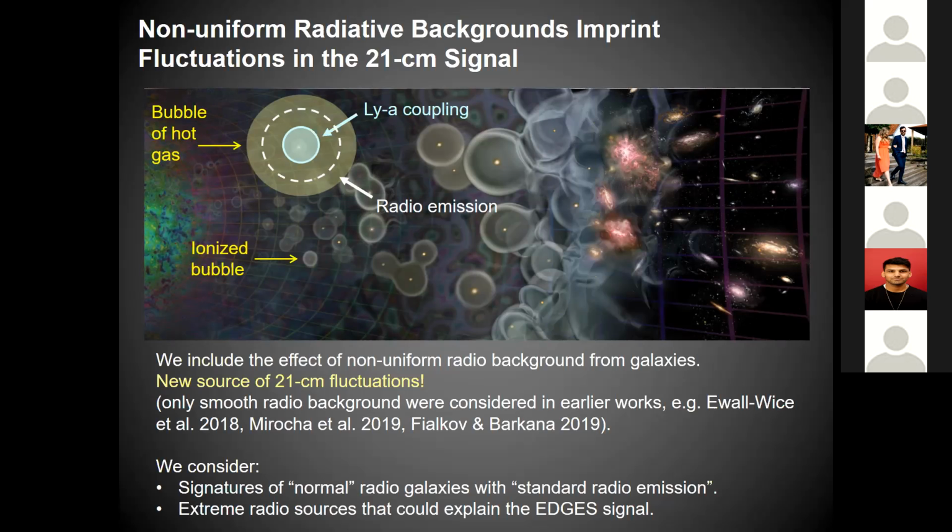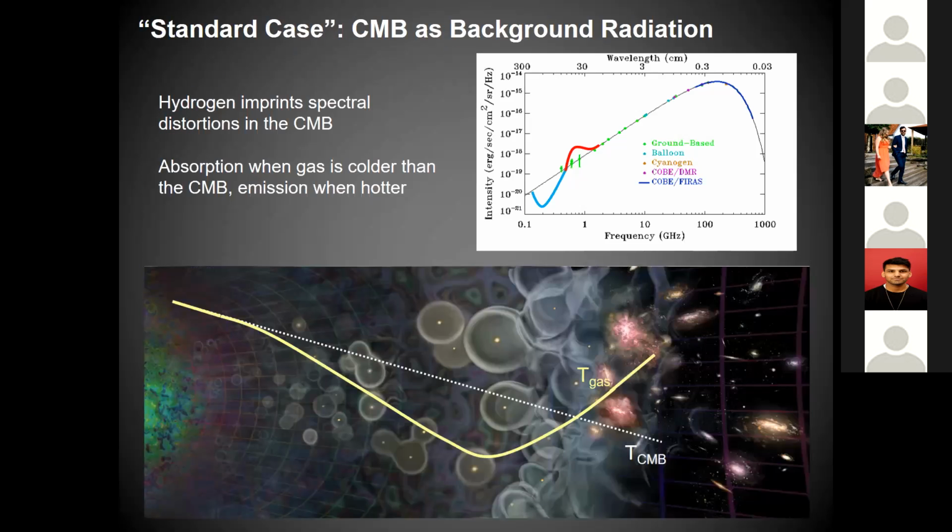And we considered two types of signal. It's the same model, but for a normal radio emission, such as produced by galaxies today, we do see interesting signatures at high redshifts. And then we also considered extremely strong radio sources that could explain the recently reported EDGES signal. So a bit of background: